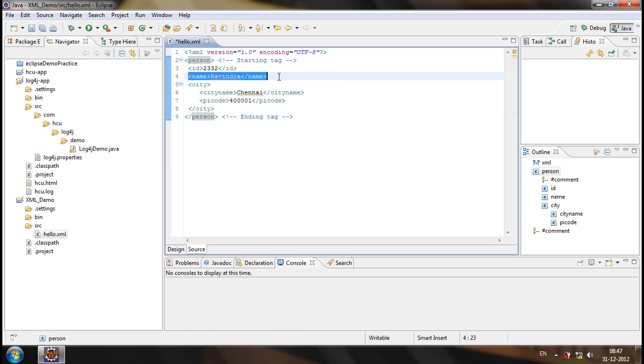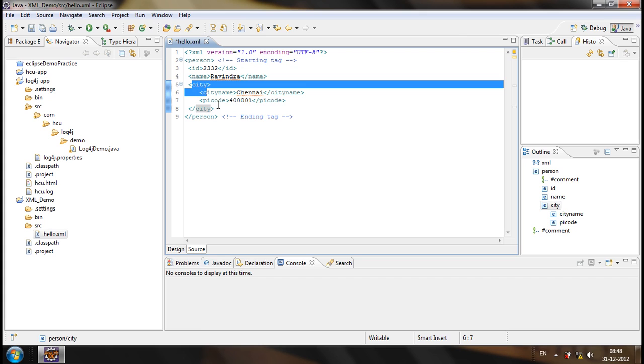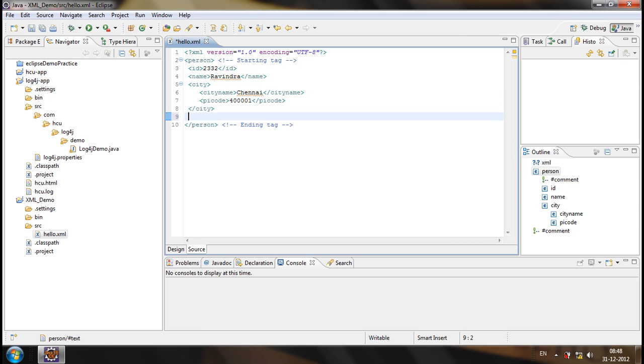And the body of name contains only a plain text. The body of ID contains only a plain text. Body of city contains only a plain text. Now, let's consider